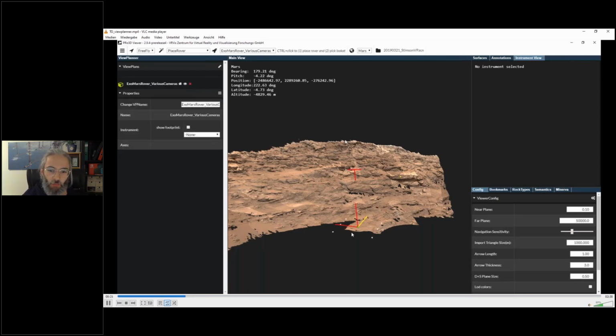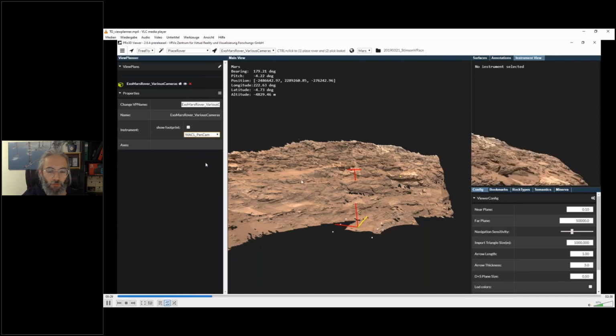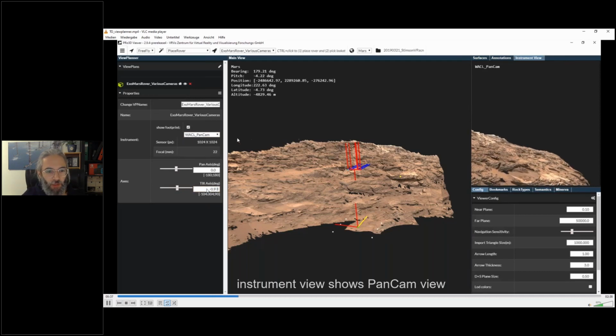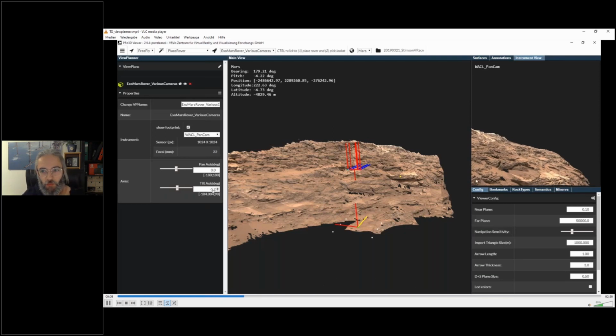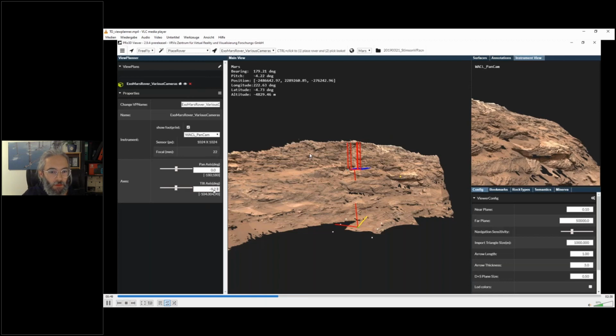So we pick 2 points here, position of the rover and where it looks at. And this is kind of a super rover, which has all the instruments of Curiosity and ExoMars, and also all emulators. And now we selected the left wide angle PanCam instrument, and what the PanCam sees is displayed here on the right. We can adjust PTU values,